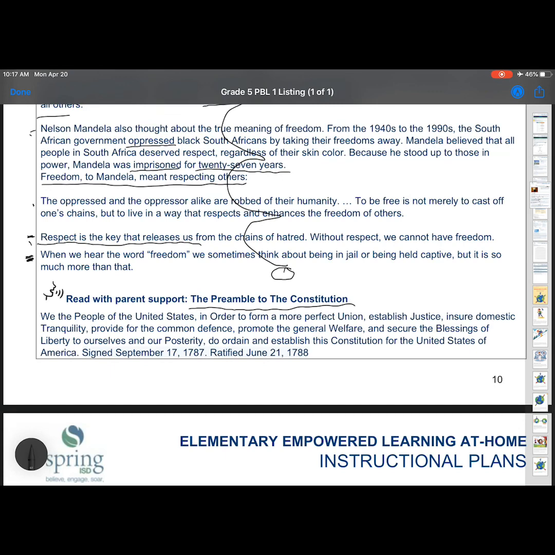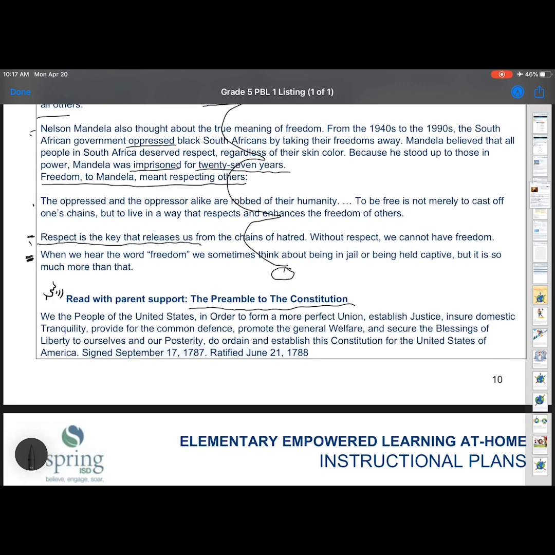So this is the way the Constitution begins. It starts off like this. Remember, these are the people that are writing the laws, and they're thinking about, what is it that we need to say? What is it that we need to write? What are the rules that we need to think about to make everyone happy on this new land that we are going to call the United States of America?